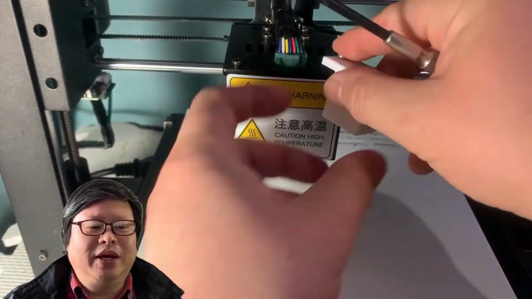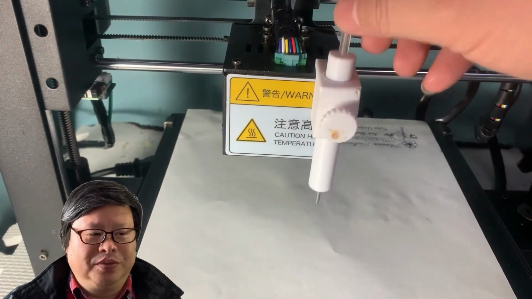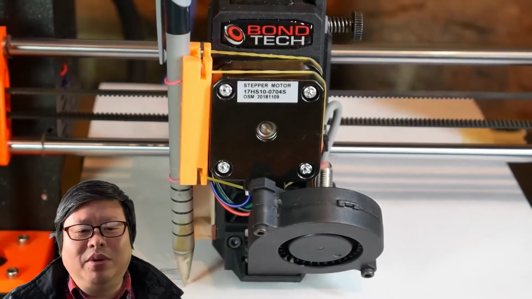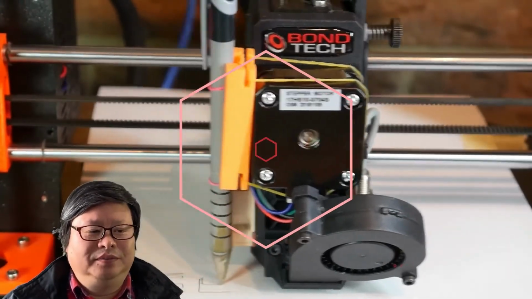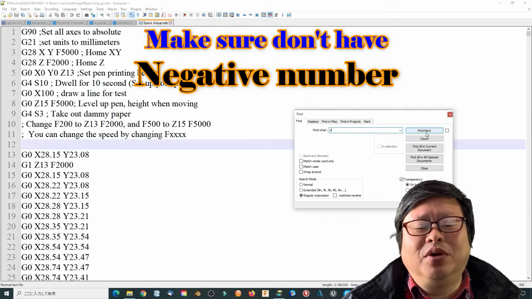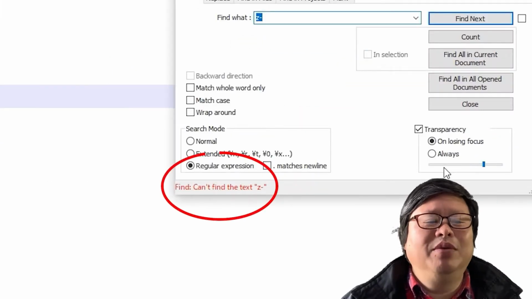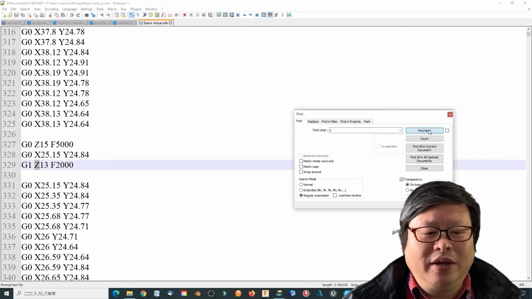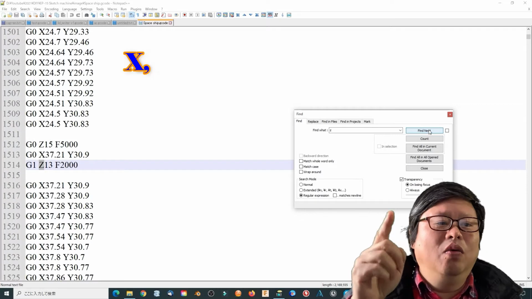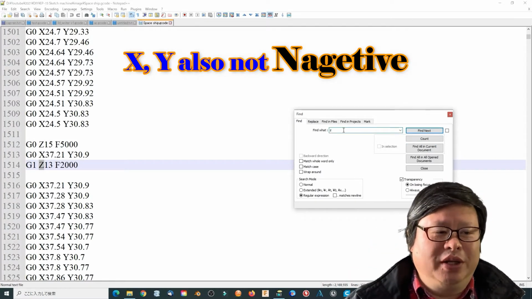The hardware to add a 2D plotter function is described in my former video. You can choose my method or just bind a pen with a rubber band or other stuff. Make sure you don't order the printer head to go to a small Z or even a negative number. It may harm your printer head, bed or Z stepper motor if you bind the pen very tight. Always check Z in the G-code file before you start printing.